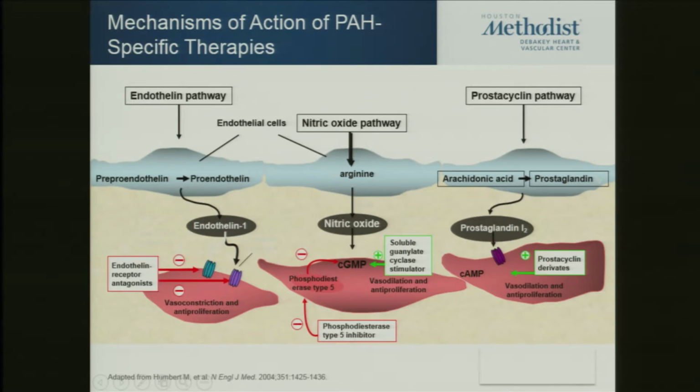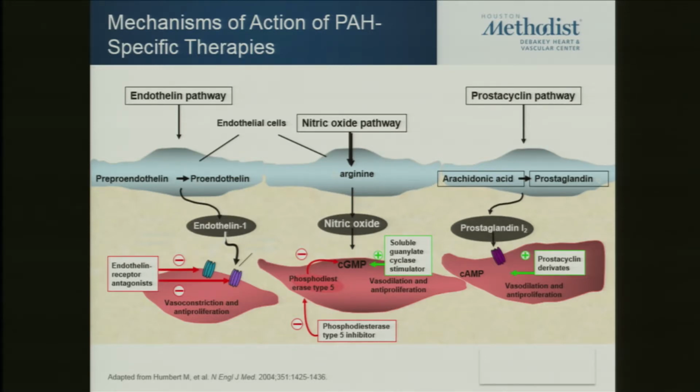Looking at 3 major pathways for treatment of pulmonary arterial hypertension are the endothelin pathway, the nitric oxide pathway, and the prostacyclin pathway. So, about almost 15 years ago, there was only one drug to treat pulmonary hypertension, and that was prostacyclins here. And all of them used to be on IV therapies. But right now, I think we have about 14 medications, including oral, inhaled, IV, and subcutaneous therapies to